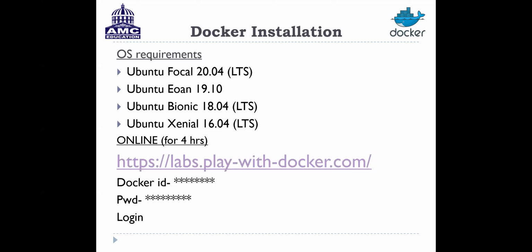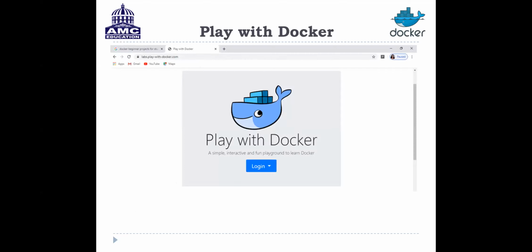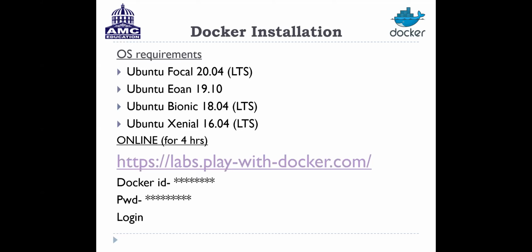And rather than this, if you have Windows, we will be showing you how to install your Docker platform directly inside your Windows. And we also have one more option, that is the online option through this website, whatever has been mentioned on your screen right now. We will be going directly through that, and we have to create our user ID and password, and then we will be going directly through our logins.